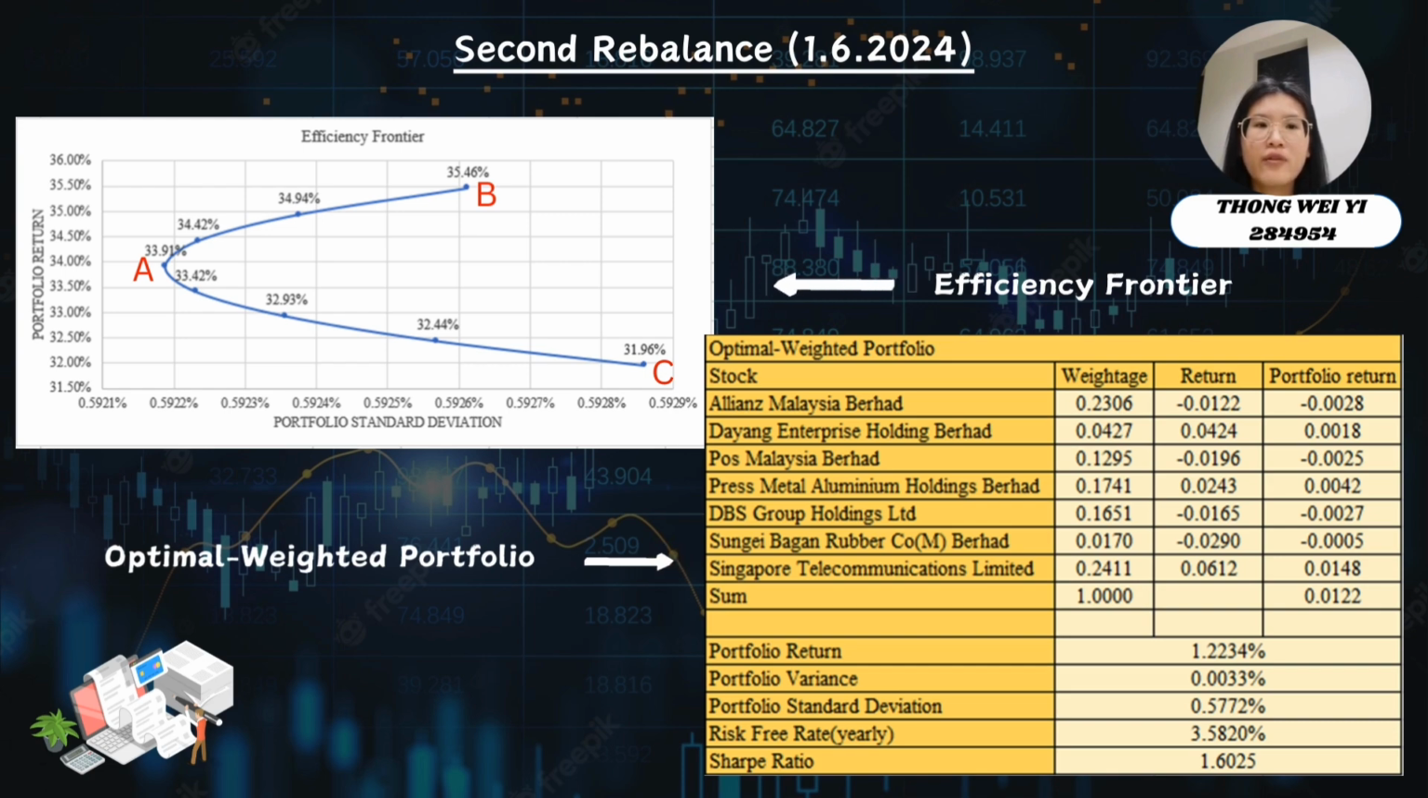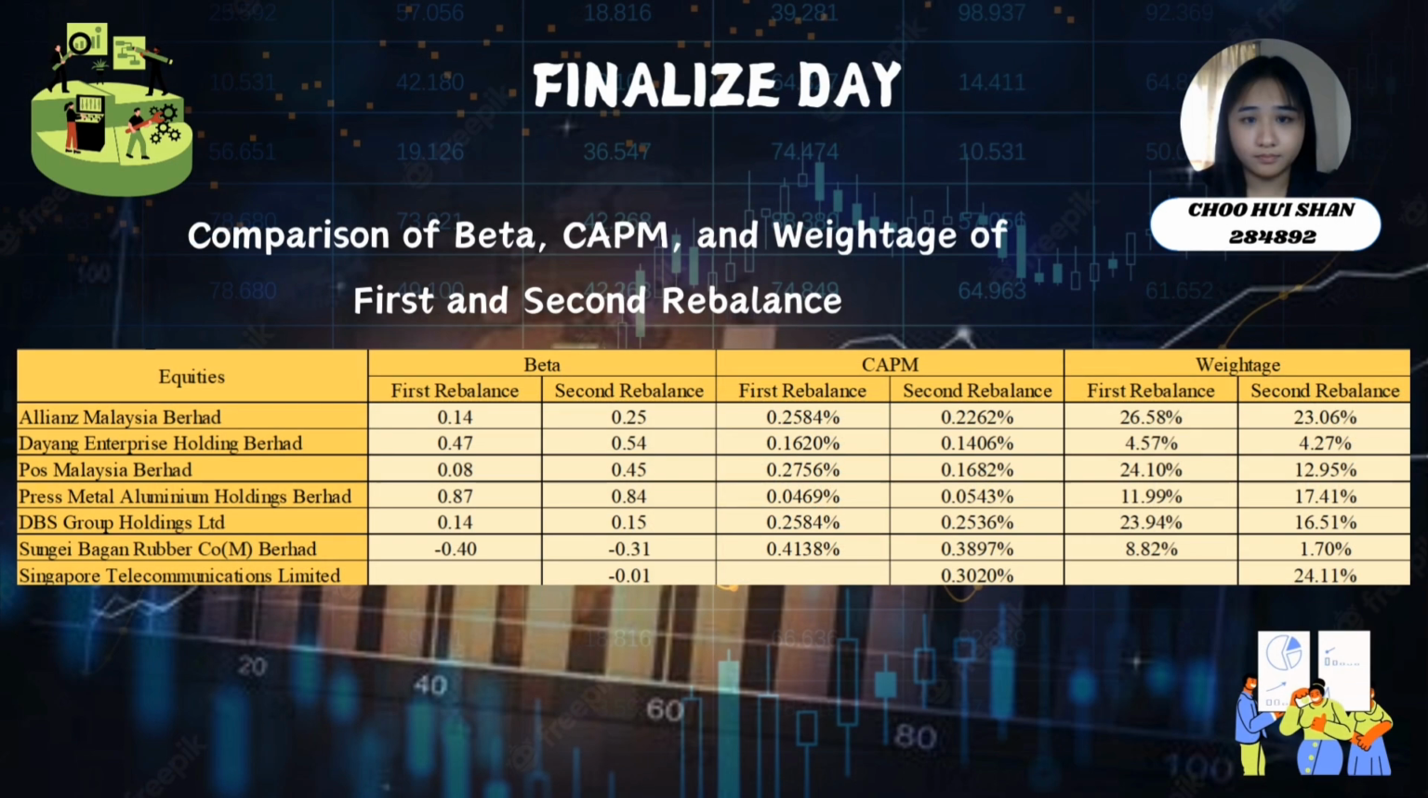It means that portfolio C is risky. Based on the table, the beta value of 7 stocks was below 1 in both the first and second rebalance. This suggests a stock is not more fluctuating than the overall market, resulting in lower risk entry to a portfolio. Besides that, Sungai Bagan Rubber Company recorded a negative beta of negative 0.40 in the first rebalance and negative